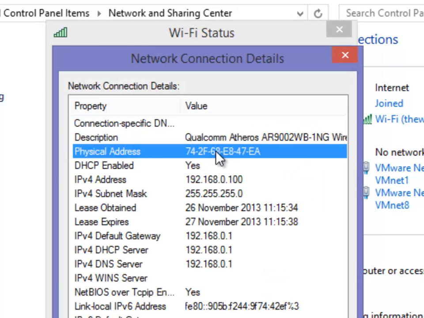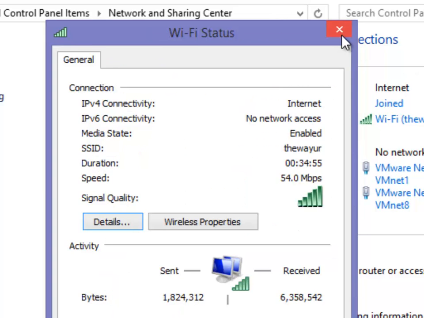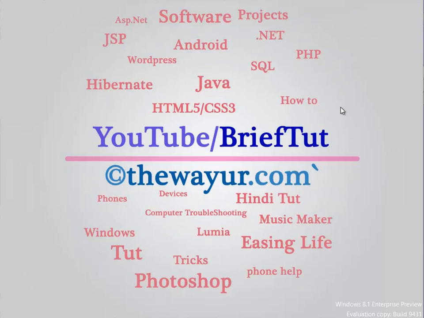Now here you can see the physical address, which we will use as a MAC address, and the default gateway. This is the IP of my router. If you are not using Windows 7 or Windows 8, this navigation may be different, so we will use our